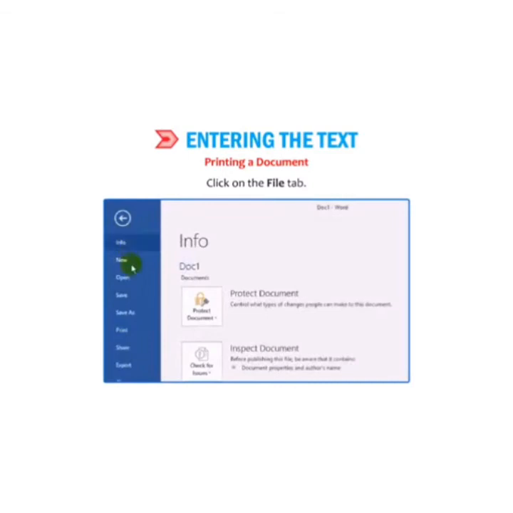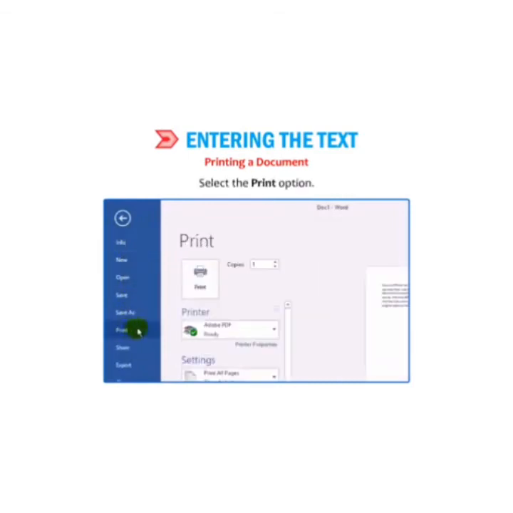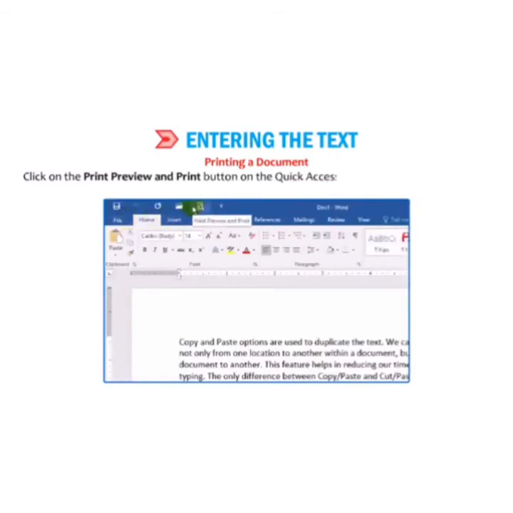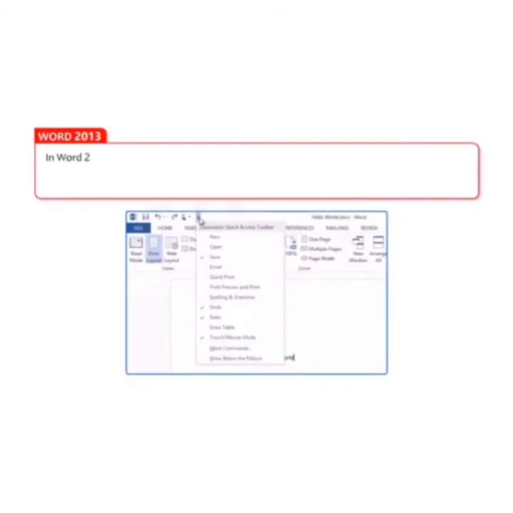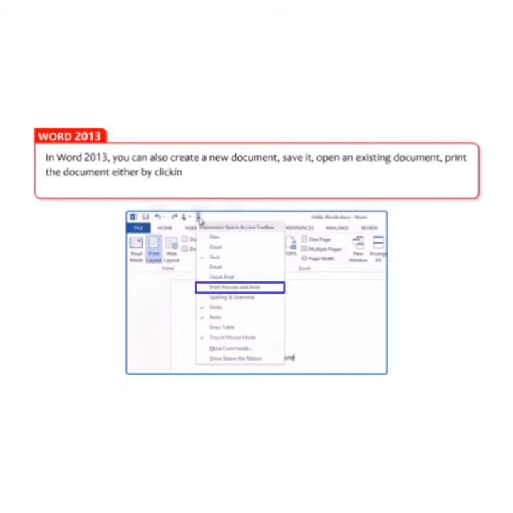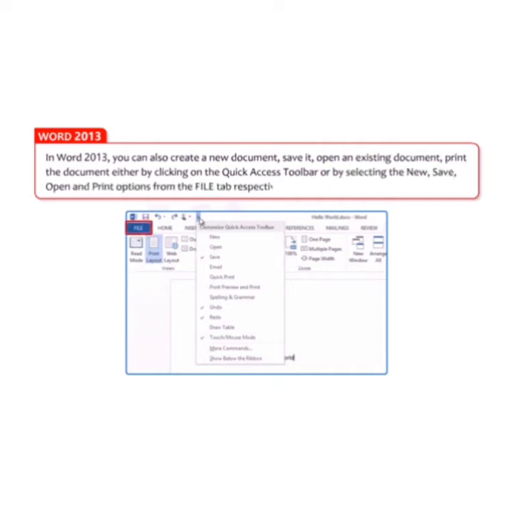Go to the File tab, then click on the Print option, where you can print preview, or then choose the Print option. You can also use the shortcut key Ctrl+P for printing a document. In Word 2016, you can also create a new document, save it, open an existing document, and print the document either by clicking on the Quick Access toolbar or by selecting the New, Save, Open and Print options from the File tab respectively.